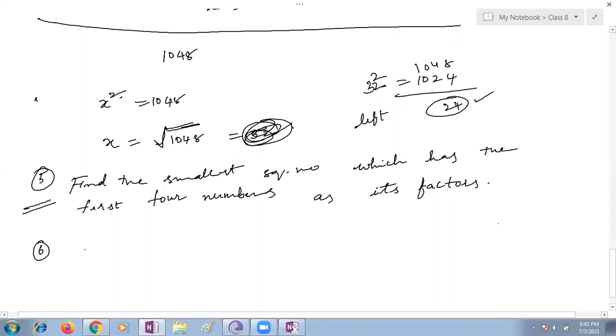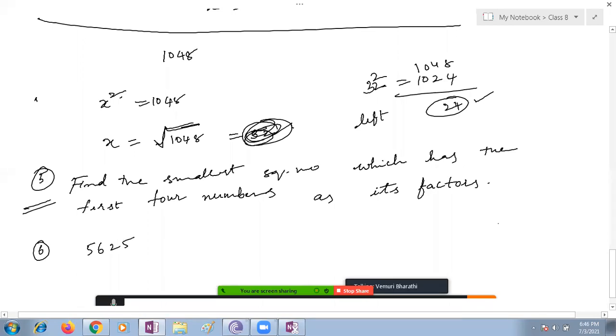Okay. Next, we'll go with a gardener who planted an orchard with 5, 6. Sorry, children. This is 5, 6, 2, 5. It's an application part; I didn't give anything in squares too. A gardener planted 5625 trees and arranged them so that the number of rows equals the number of columns. Find the rows of the trees in the garden. What should you do?